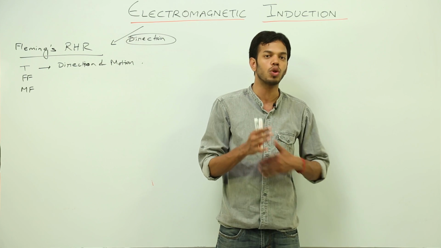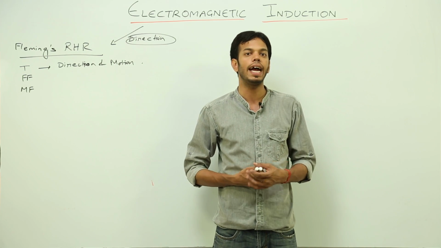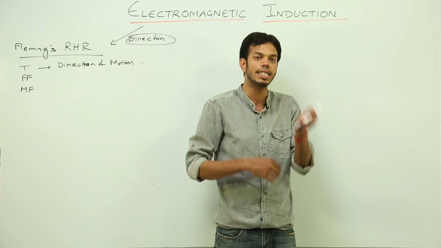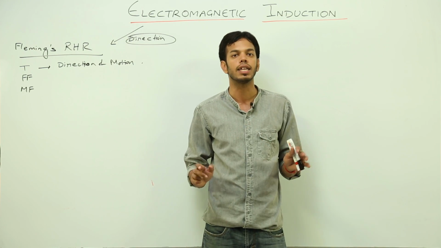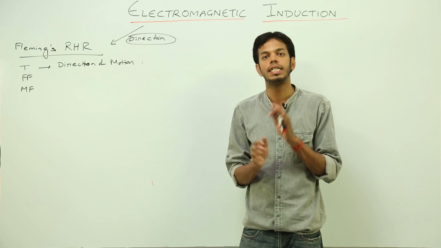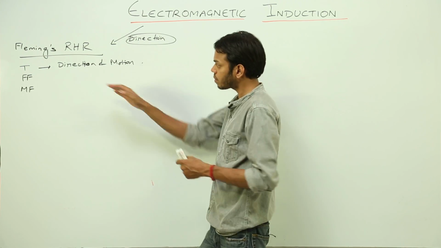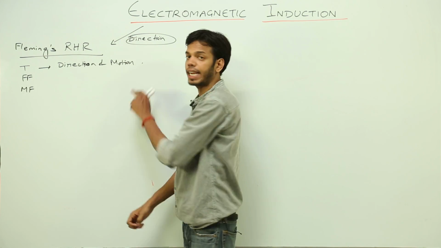What we can do is rotate the coil itself, because that is more convenient. We can change the number of loops, we can increase the area of the loop, we can do anything with that. That is why we do not move the magnet. So when I was doing this, I was explaining to you this thing, that direction of motion